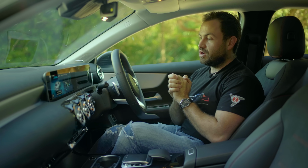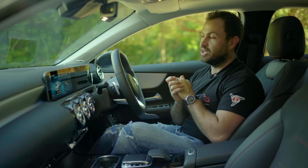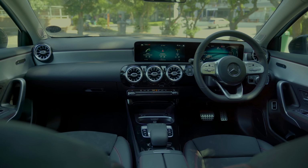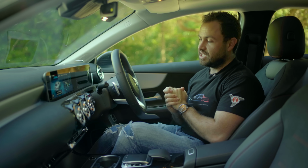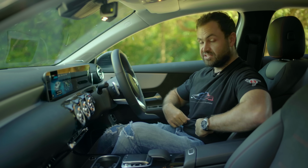This is the interior of the A-Class Sedan. I did check when I got in. It's definitely the A-Class, and it is confusing because the dashboards are the same. But before I tell you about them, I'd like to interrupt myself and tell you about the